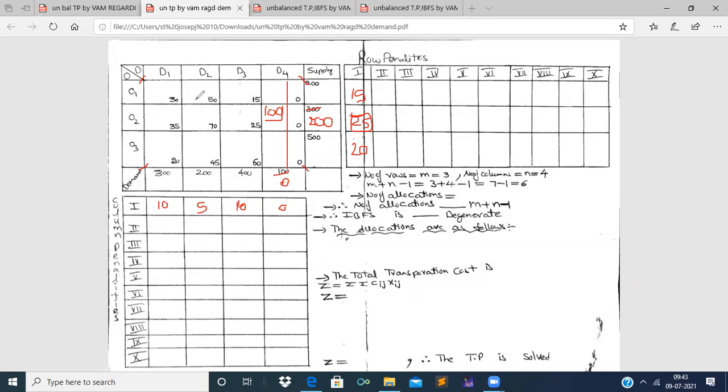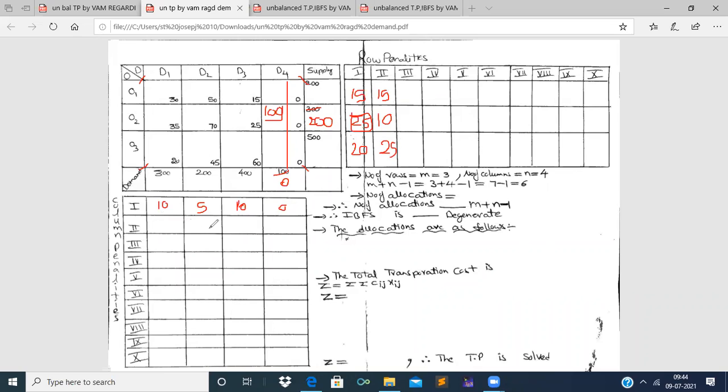So again, in these three costs, the first least cost is 15 and the next least cost is 30. So 30 minus 15 is 15. And now in the second row, of these three costs, the first least cost is 25 and the next least cost is 35. 35 minus 25 is 10. And in the last row, the first least cost is 20 and the next least cost is 45. 45 minus 25 is 25, right? Now the row penalties are finished.